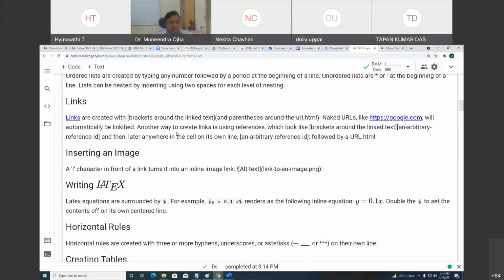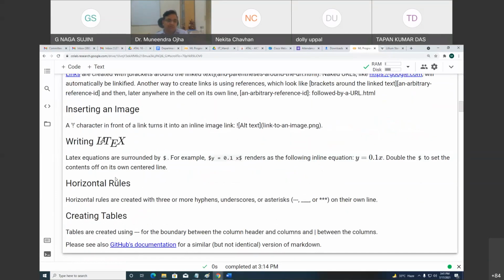Now let's see what is left. So you understood how to put links, and how to put images. Now LaTeX can also be written over here. You can have all the LaTeX equations and formatting by using the dollar prefix and suffix. You just surround your content.